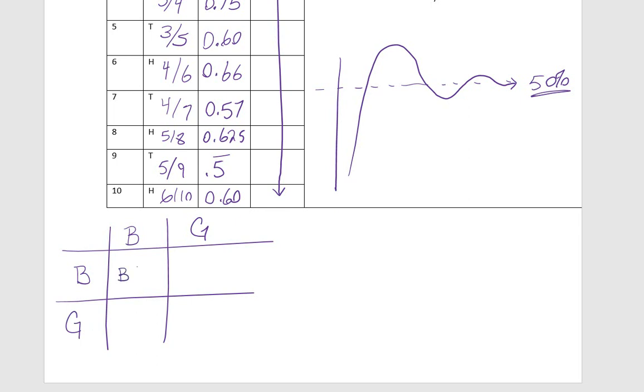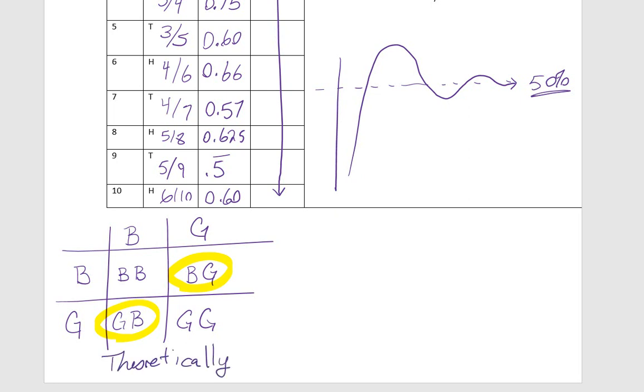So, theoretically, I could either have a boy and a boy, a girl and a boy, or 2 girls. So, theoretically, the probability of me having one of each, well, let's see, my sample space is 4, and there's 2 events in which I have one of each. So theoretically, the probability is supposed to be 50%. Well, that's cool, but I don't know if you guys know this, biology doesn't really care about theoretical things. So the empirical probability,